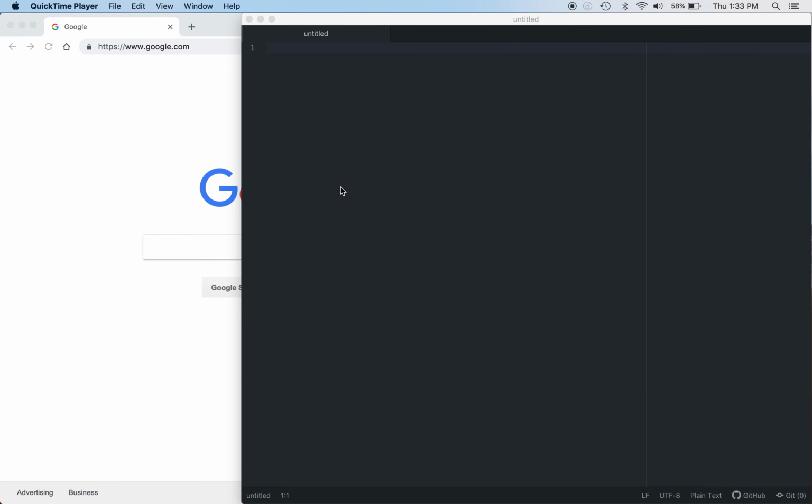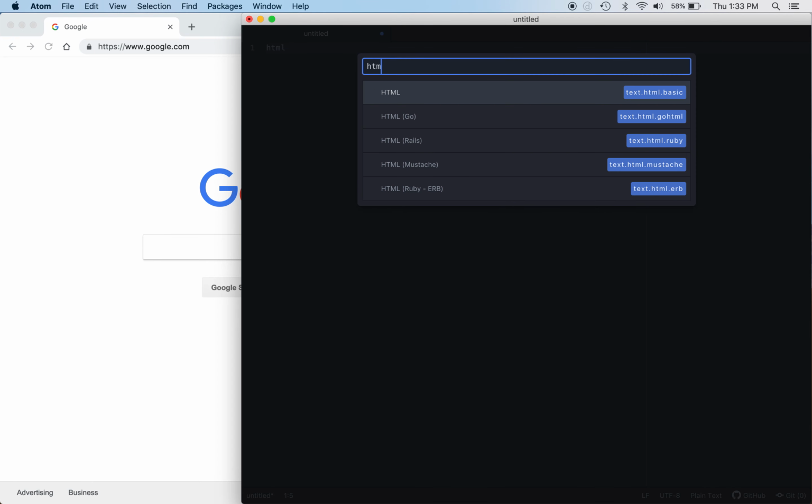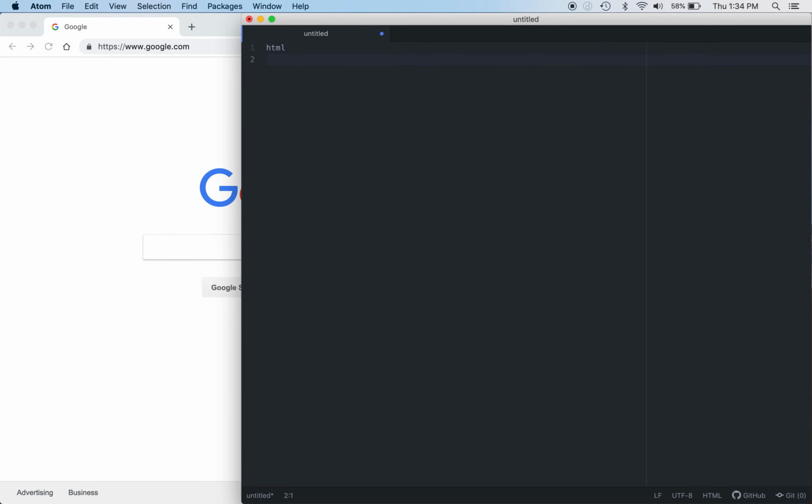In this example, I want to take a look at how I would get data from my client application, my JavaScript application, over to my server-side code. So I'm going to start with an empty HTML page, and I want to change this to HTML. So I'm going to start with an HTML page,